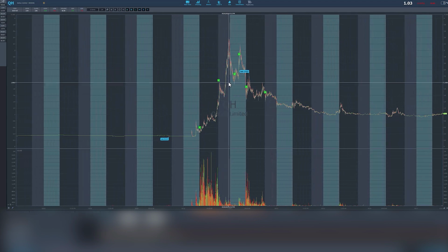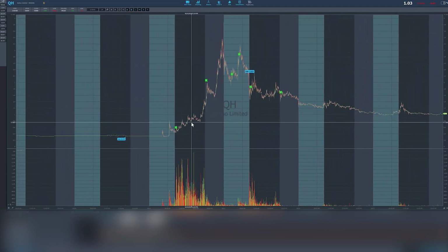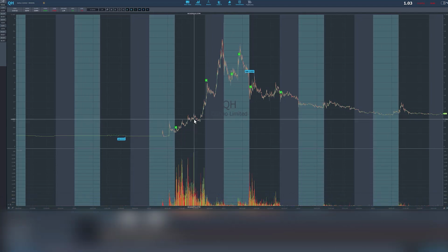But the reason why I don't like it and I didn't push in size is because it's under a $3 stock, and even though it traded 300 million shares on the previous day, it's a 70 cents stock, so there's not much money that was actually traded in this ticker. 300 million shares trading at 70 cents, that's about 200 to 300 million dollars being traded on that day, so